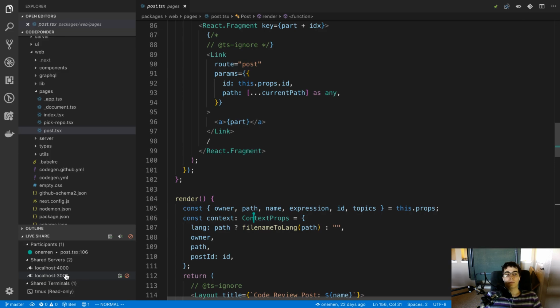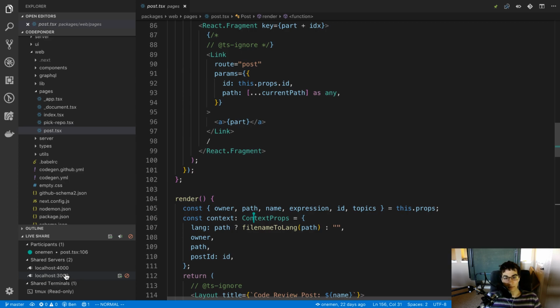This variable, the post ID, doesn't change as long as you stay in one file. So the context is going to store the language that's associated with the current file that's open. This is for one file. Each time you open another file,